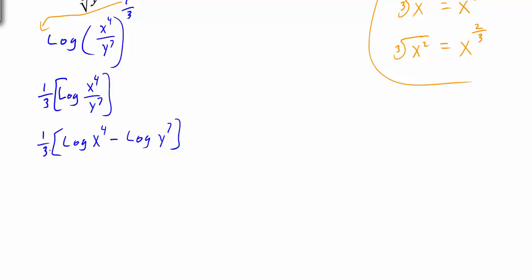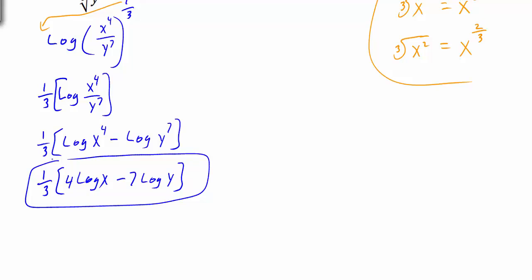Now, hopefully you can see why I had the brackets with the 1/3, because this 1/3, remember, is to the whole logarithm. And if I split the x to the fourth over y to the seventh into the two separate pieces, this 1/3 has to be applied to everything. So that's why we have to include the brackets here. So we have 1/3, and now we can take the exponent 4 and move that to the front of the logarithm. So that's 4 log x, and the same thing with the 7, so we get 7 log of y. And this here would be your